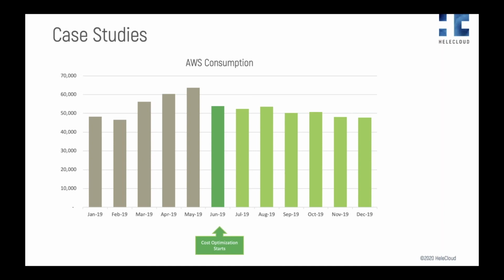However, some cost optimization techniques may need a lot of time to put into effect. For example, the cost optimization may need some re-platforming to a more cost-effective platform, such as moving a database off EC2 onto RDS. Hence, the AWS spend will typically continue to fall over time as the optimizations are implemented. And in this case, you can see that at the end of the year, the customer was spending 25% less monthly than before the optimization began.